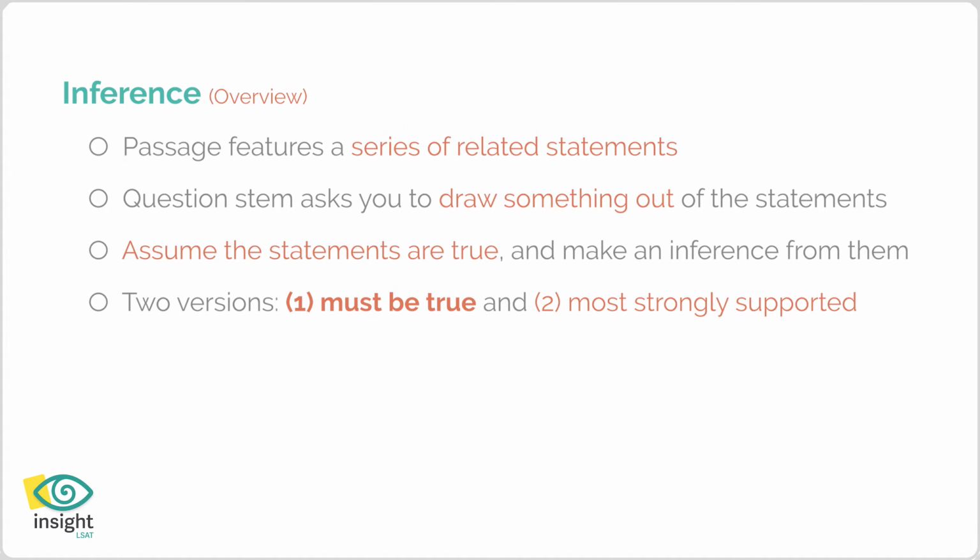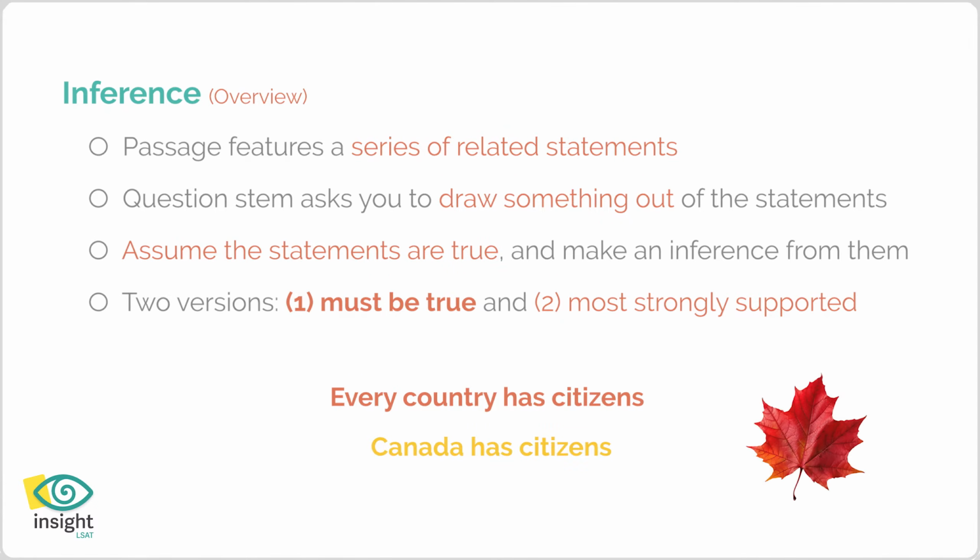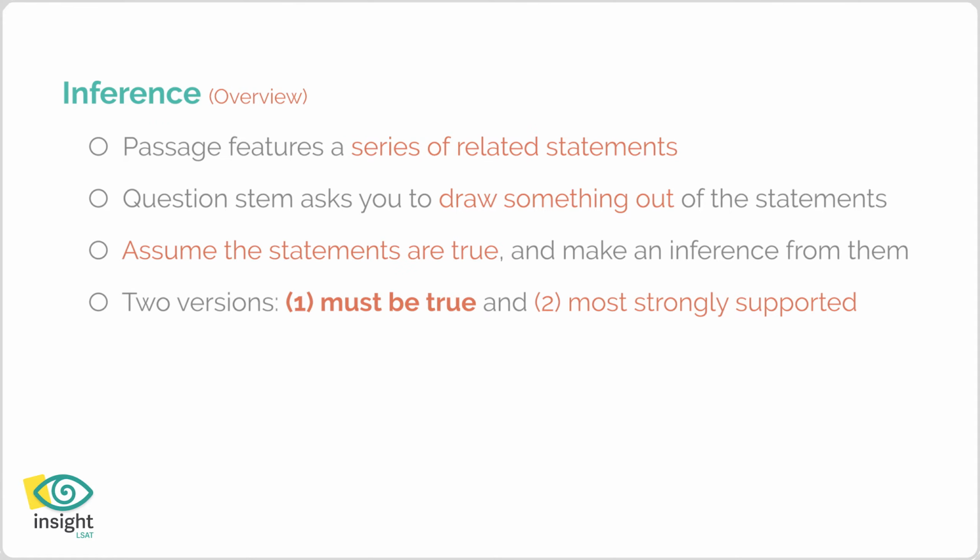The correct answer choice absolutely must be true if the statements in the passage are true. For example, consider the statement that every country has citizens. If this is true, then it must also be true that Canada has citizens, because Canada is a country. There's no wiggle room there. On the other hand,